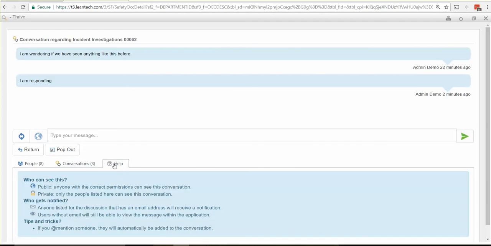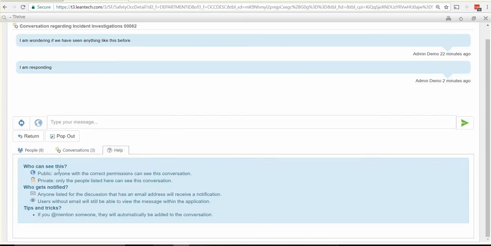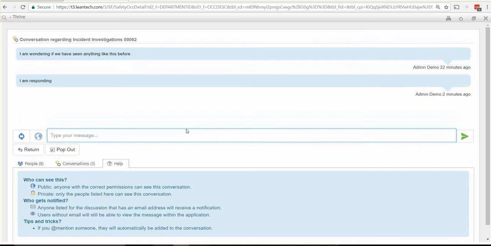You'll notice a help tab is the other thing in here, and that reiterates the public-private. It also talks about notifications and who has visibility to notifications, and some tricks if you want to use this. You can type @ and pick additional people to add them to the conversation, just to this specific one. So you could say @Kale